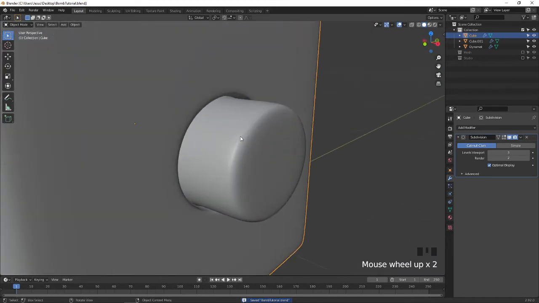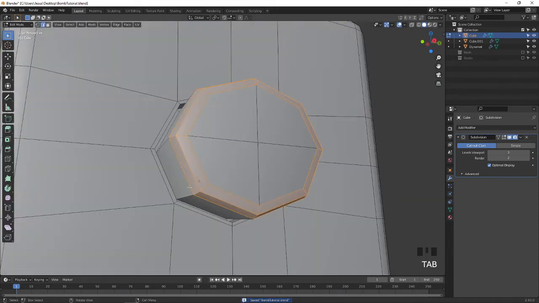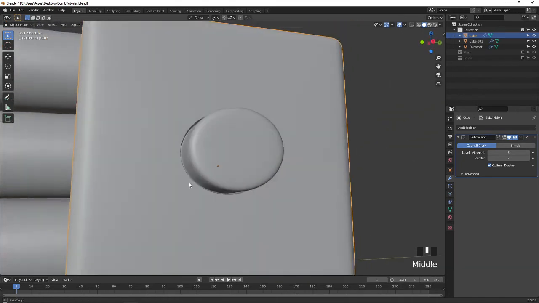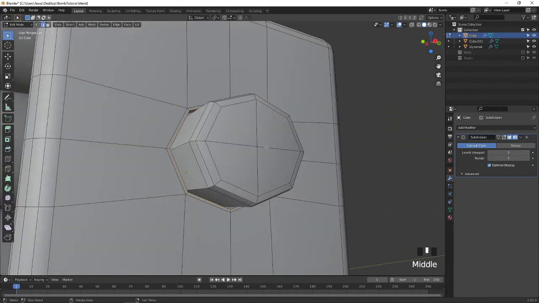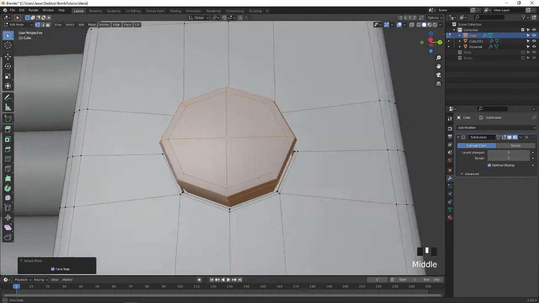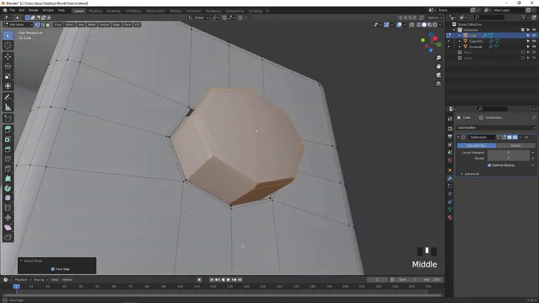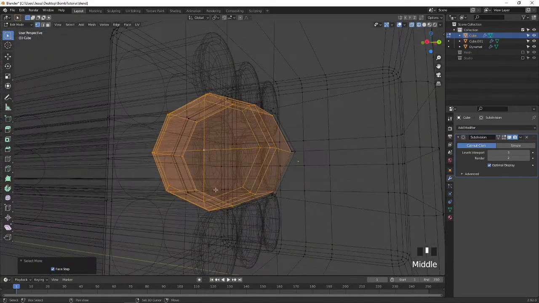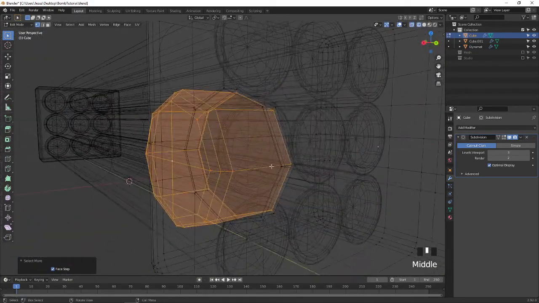We are going to give coloring for this button, and here you can create one edge loop to make it look sharp. Yeah, it looks fine. Now what I'm going to do, press 1 on the keyboard and select these vertices. Press Ctrl plus to increase the selection. Now you can see it's increased up to that bottom. You can go to the wireframe and see it's selected up to inside.